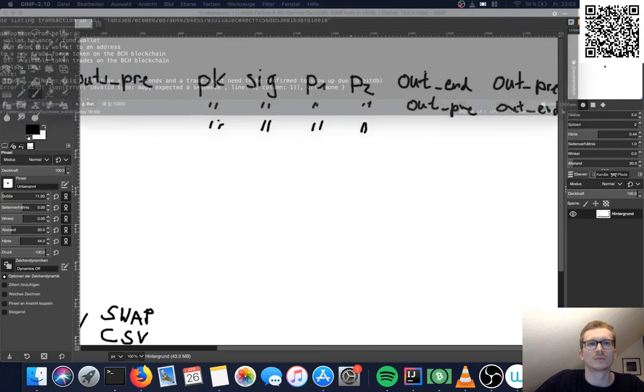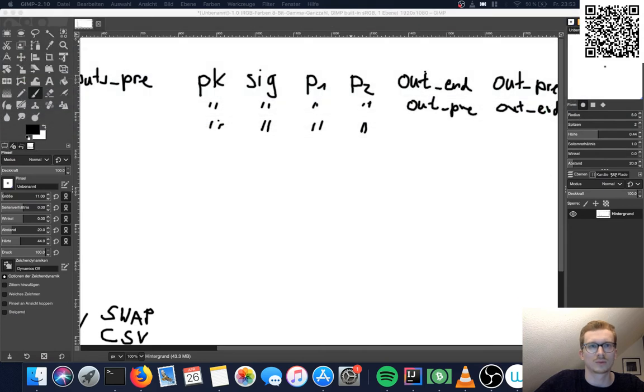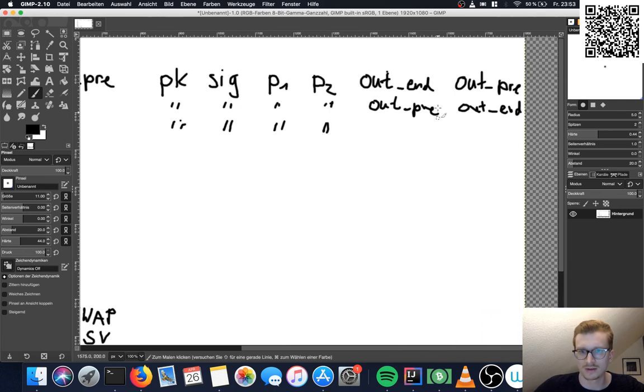And these two will just become one thing, which is the entirety of all the outputs. All the outputs will be just one thing. So it's basically outputs.